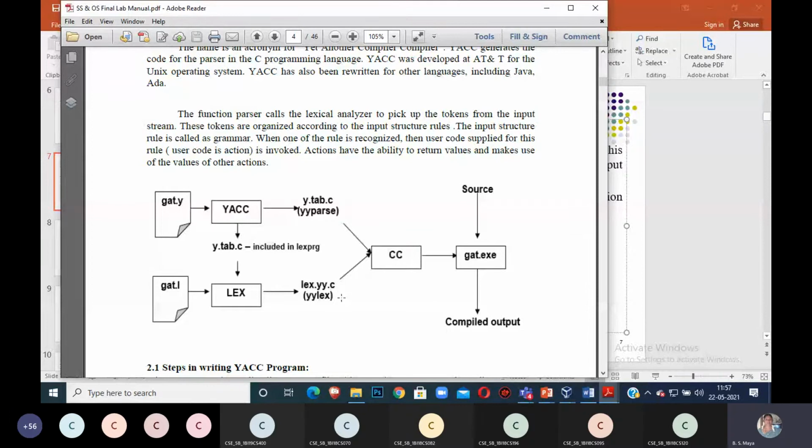Same way, you have to start your Yacc program. Yacc is nothing but another compiler. This Yacc program extension is .y. That is, the program name .y. This will be compiled by the Yacc compiler. Yacc is the name of the compiler. This Yacc file, the Yacc compiler will compile your program. It generates the C program